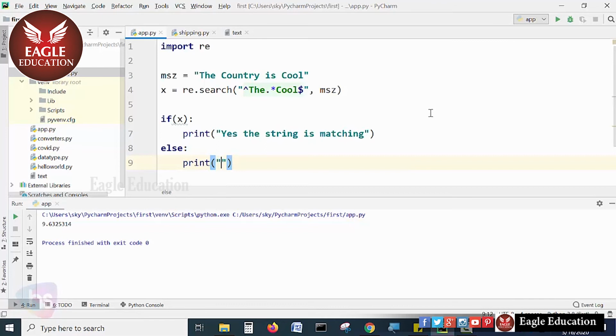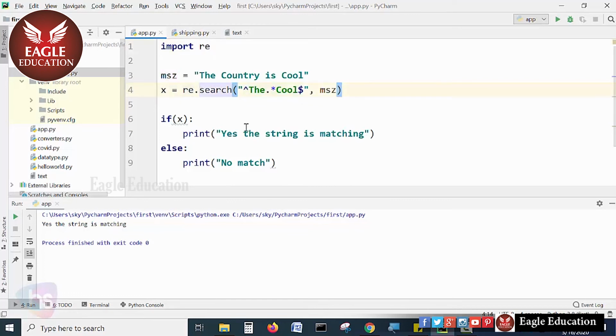You can see that there are no matches. Now run this. Yes, the string begins with this character, and we have specified the ending dollar symbol, meaning it ends with this. This is the search pattern, which specifies what should be searched. This is the string I'm passing through this variable, and I'm passing the search pattern and the variable to the regular expression search